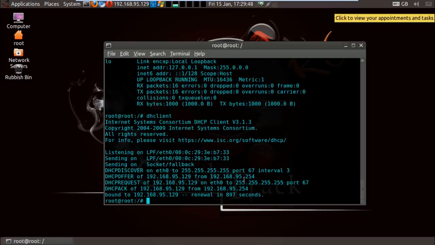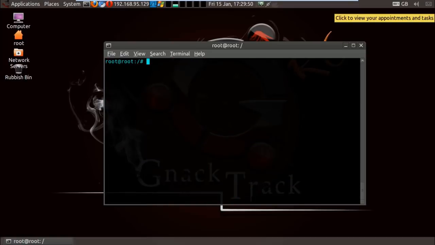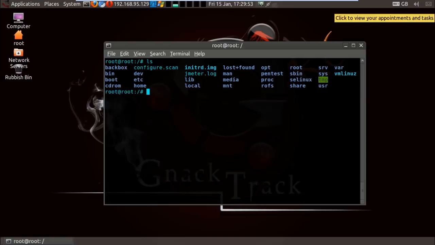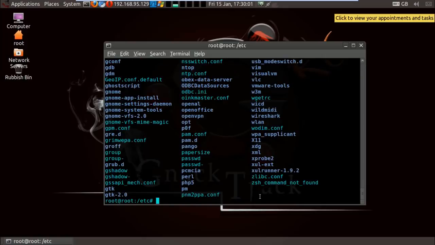So let me clear the screen, and let's check the file. So assume that, let me go inside etc, because a lot of files are there. So if I go there and I check the files and assume that I find a file called, let's take for instance this one, zlibc. So we can type nano and the name of the file,